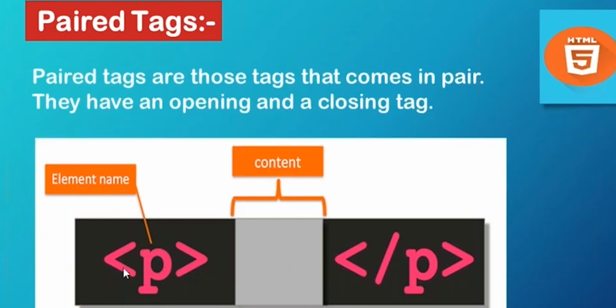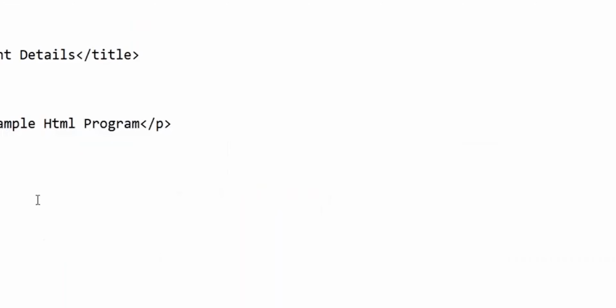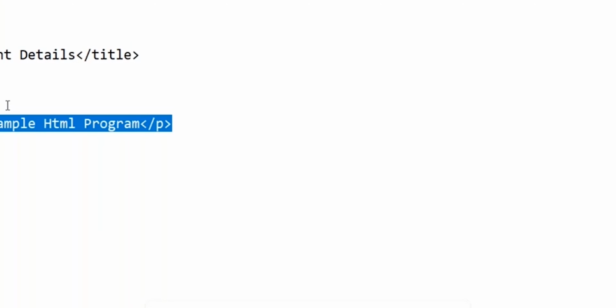Previously I told you, each pair tag comes with an opening tag and a closing tag. P is the element name. This is the opening tag and this one is the closing tag. In between, we need to write the content. P represents the paragraph tag, so it gives the output in paragraph format.